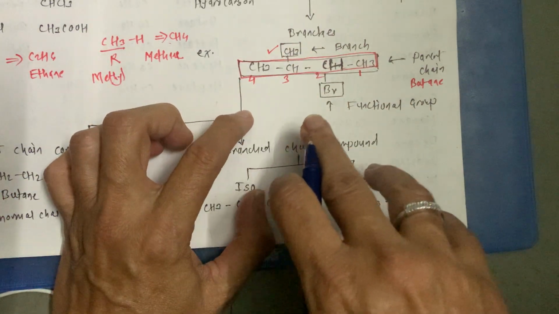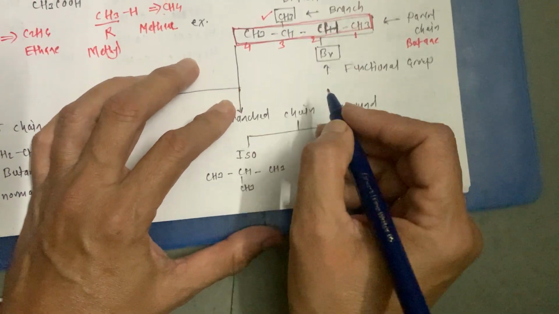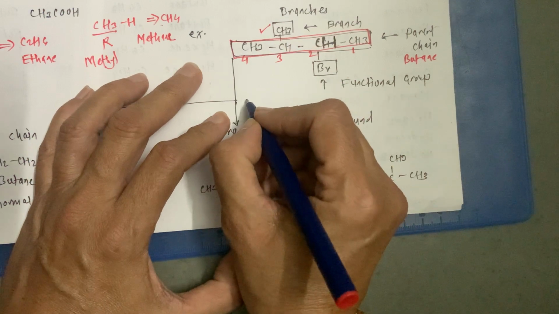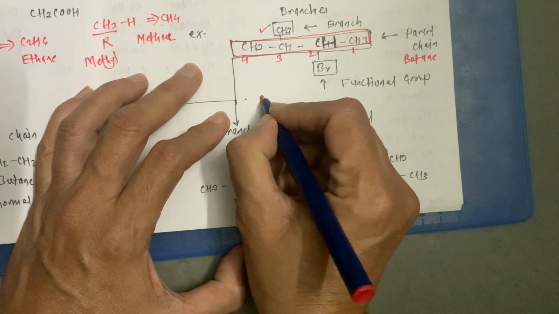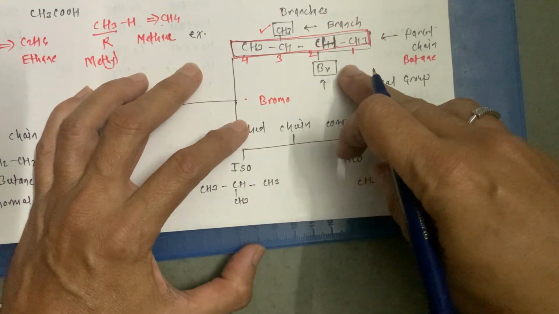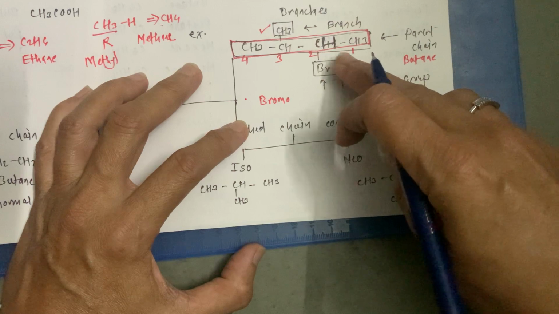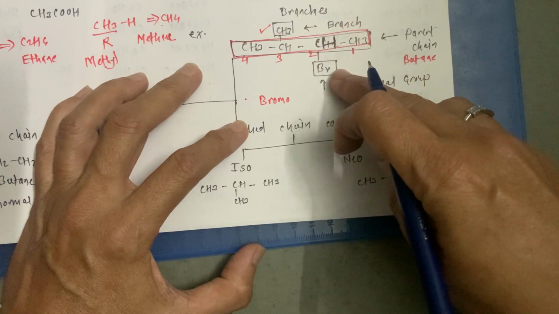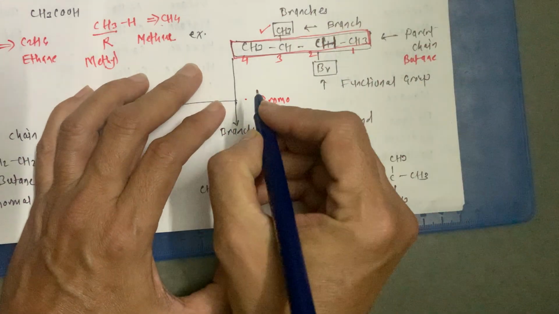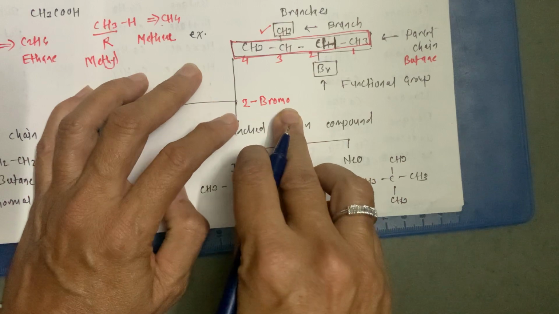So now we have to write the name. First of all we have to mention halogen atom which is the functional group. This is bromine, so in IUPAC we have to write it as bromo. If it is chlorine then chloro, if it is fluorine then it is fluoro. Okay, now if iodine then it is iodo. Now this bromine attached to the second carbon, so we are mentioning here number as 2-bromo.